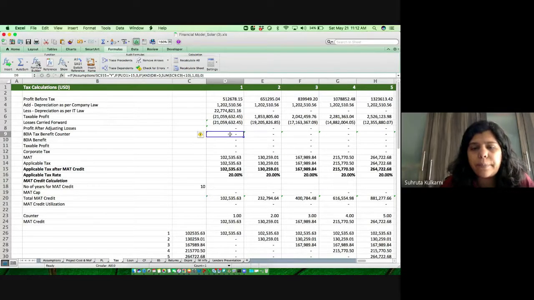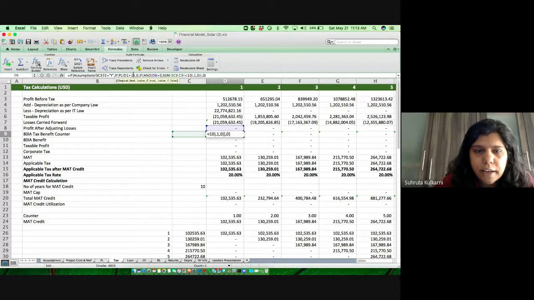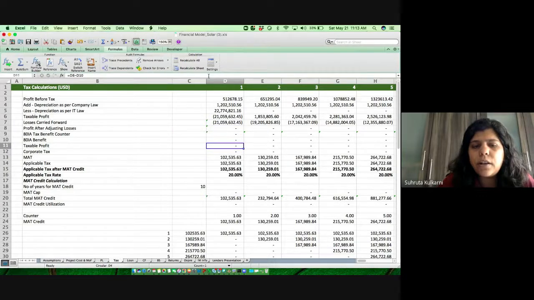I've built a counter. Am I in the first year of my operations? Am I less than 15 years in my total operation? So you can see over here, is it greater than 15? Is my first year greater than 15? Is my first year less than 10? If yes, then the counter will be on. If no, then the counter will be off, right? So this is how the count works. You need to build several counters for all of this, right?